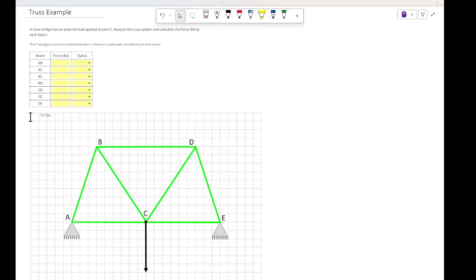In this example problem, we have a truss bridge with a load at point C pulling down on the truss system. The goal here is to figure out what forces are in each beam of this truss and whether they're in tension or compression. So when we start in a problem like this, what we have to understand is we're